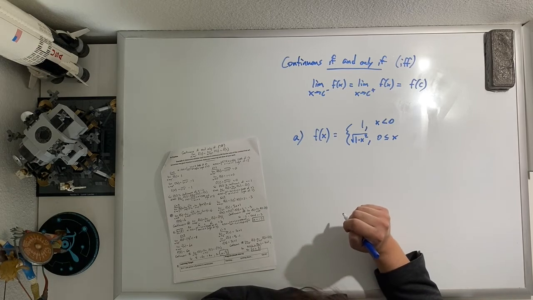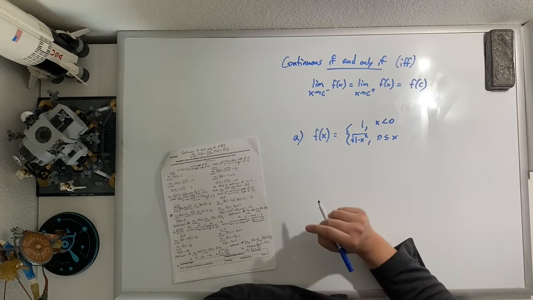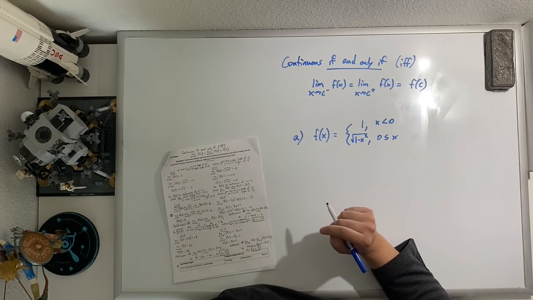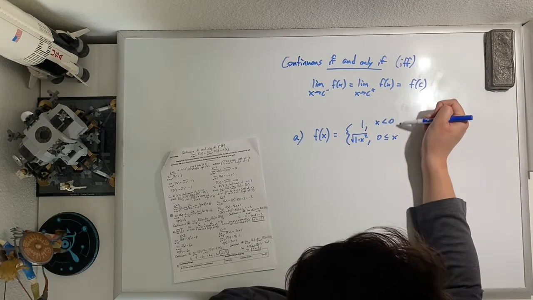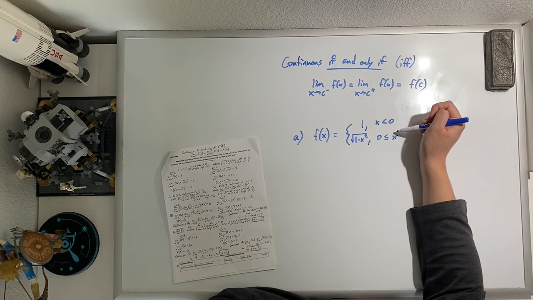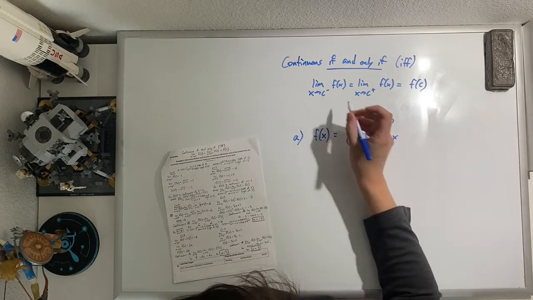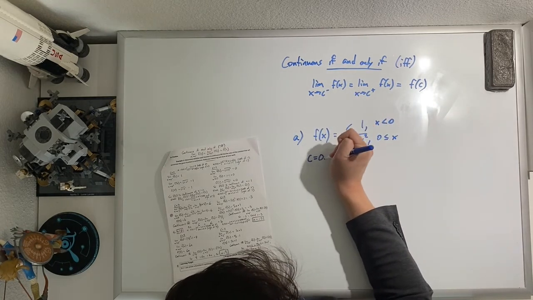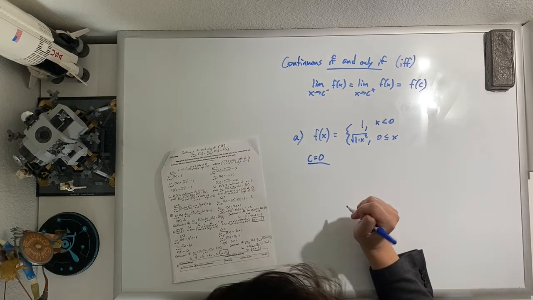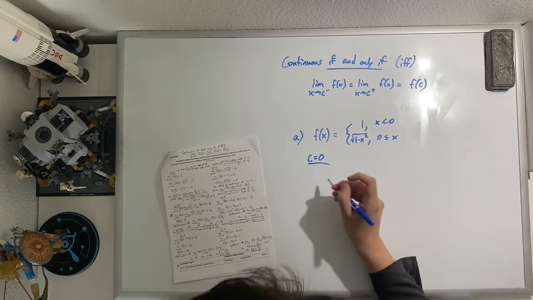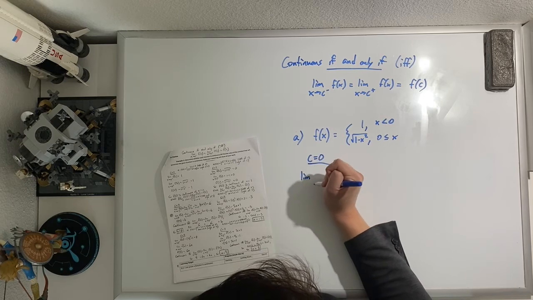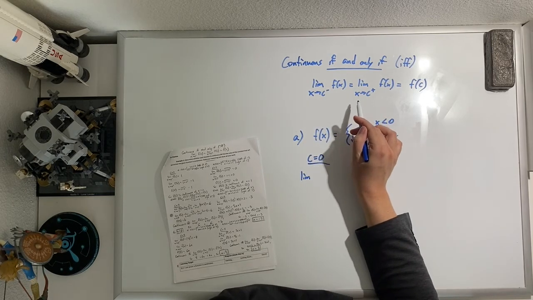Okay, now where could this function be discontinuous? It could be discontinuous where the function is split, which happens at x equals 0. So we're going to consider c equals 0. That's where the function could split. And so we need to show, does the limit from the left equal the limit from the right equal the